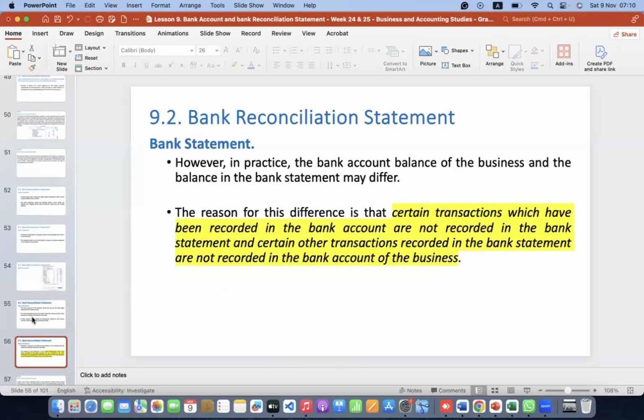But in practical instances, there can be situations where the business's balance and the bank statement balance could differ. The reasons for this difference is that certain transactions which have been recorded in the bank account are not recorded in the bank statement, and certain other transactions recorded in the bank statement are not recorded in the bank